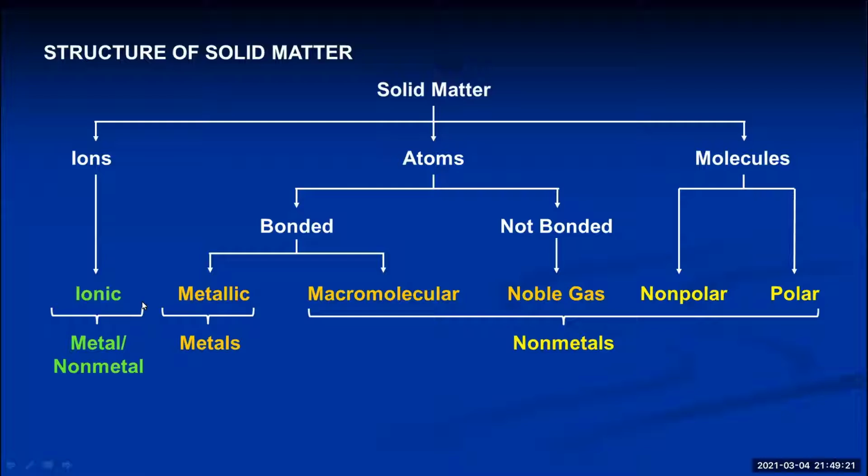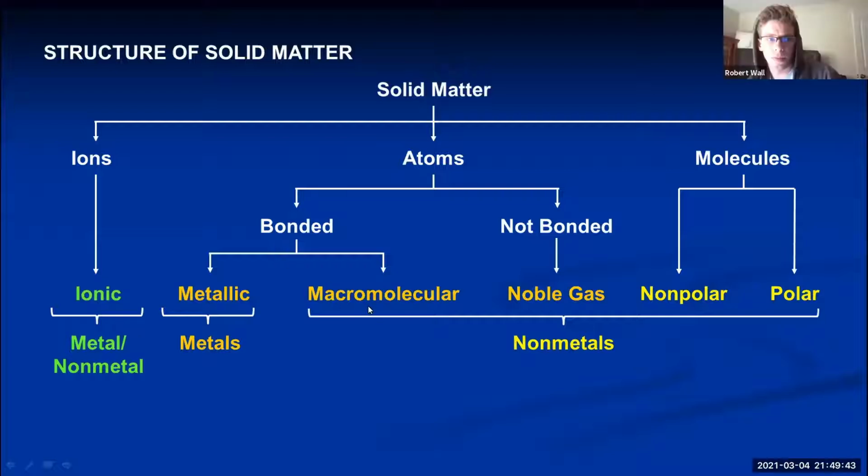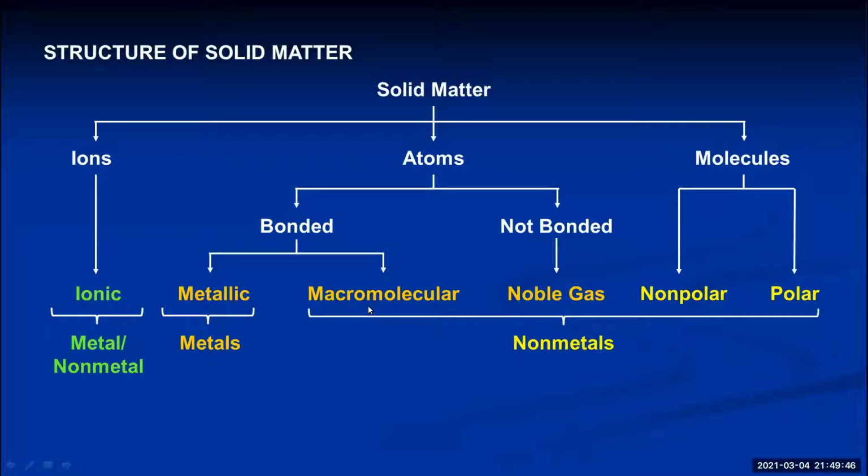So both ionic matter and metallic matter, ionic matter made of ions, high melting point because ionic bonds are really strong. Metallic matter, which is made up of metal atoms, has a high melting point also because the attractive force between the metal atoms are metallic bonds. And at the end of yesterday, we introduced one other type of substance that exists as millions and millions of atoms that are all bonded together. That was called macromolecular matter. And there's only a very few number of examples of this that actually exist that are common, but they're mostly made up of the elements that are in the nonmetal part of the periodic table in columns 13 and 14. Boron, carbon, and silicon. Especially the elemental forms of those.